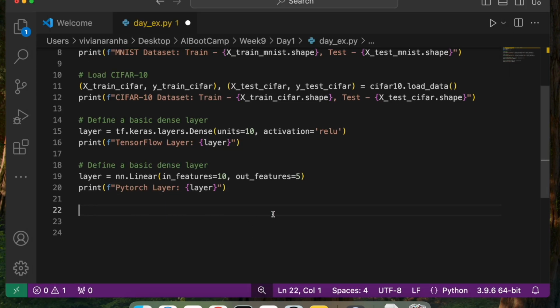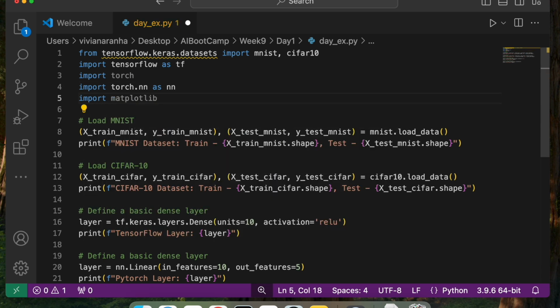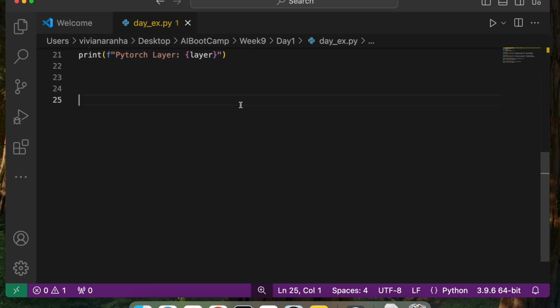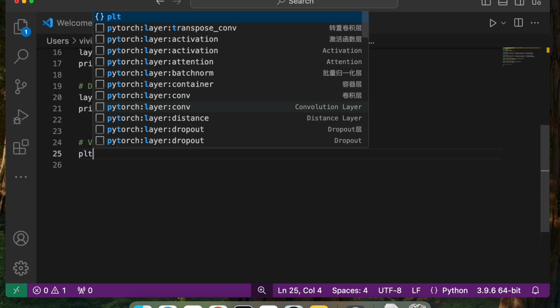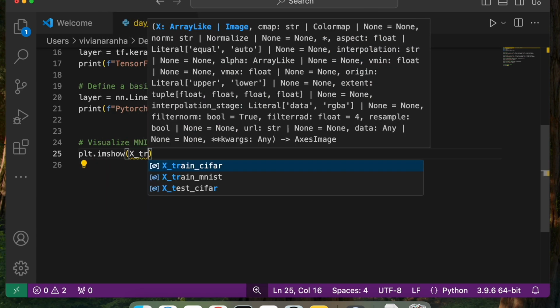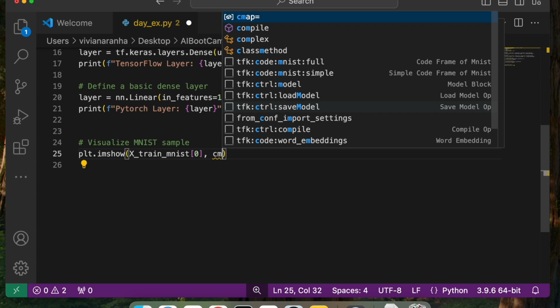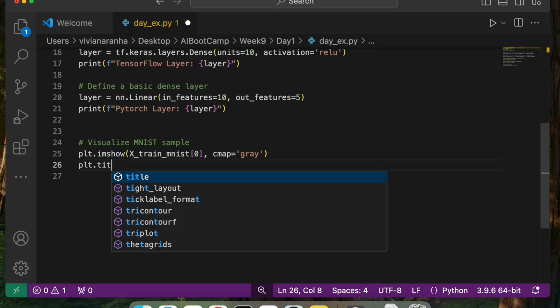So I'm going to go ahead. First, I'm going to import matplotlib.pyplot as plt for visualization. Now I want to first visualize my MNIST sample. So for that I'm going to say plt.imshow, and inside this I'll pass x_train, and I'll use my MNIST dataset at index 0, and I'm going to say cmap equal to, let's use grayscale for this, and then I'll give a title to this.